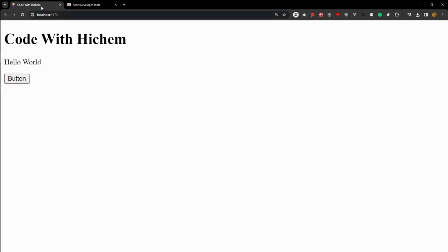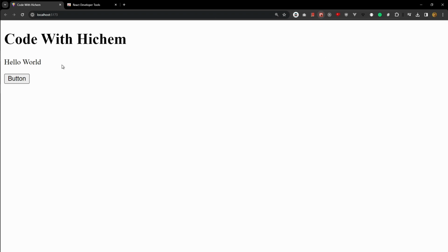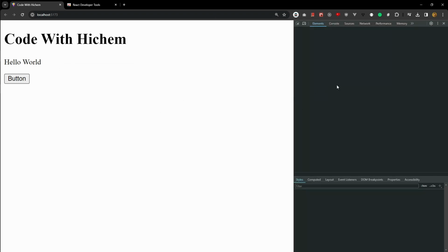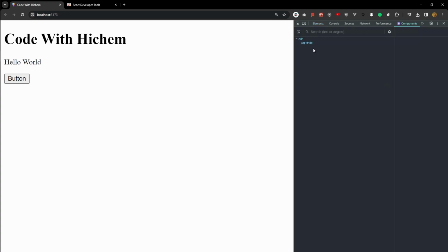In order to use this extension, when you hover over it, you can see that it's red and says that this page is using the development build, because we're still developing our application. But in order to actually use the developer tools, you need to right click and open the developer tools, and new tabs will show up. They're called Components and Profiler, and they have the React icon. So when you click it, you can see